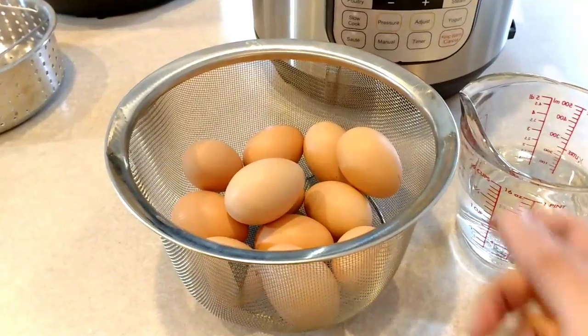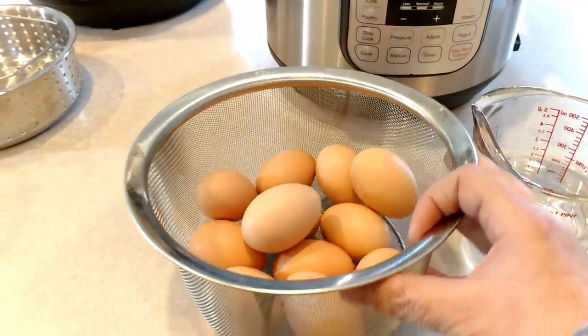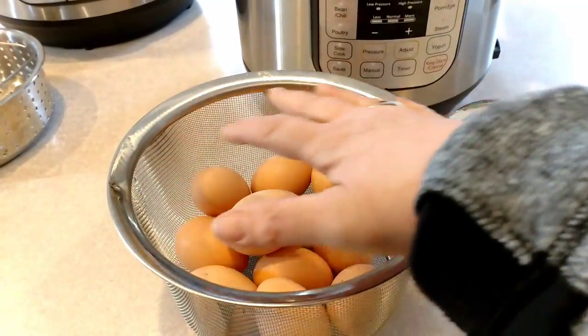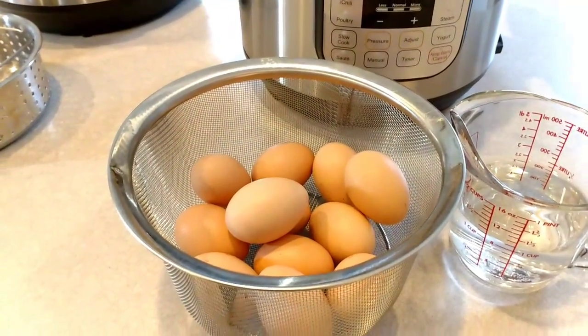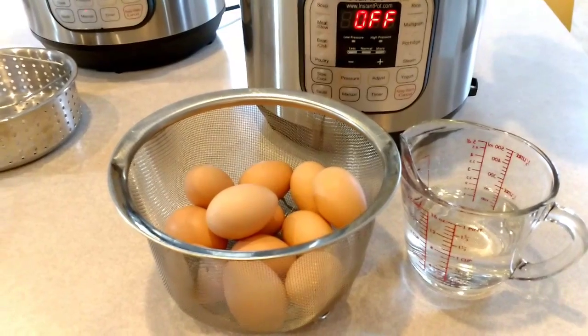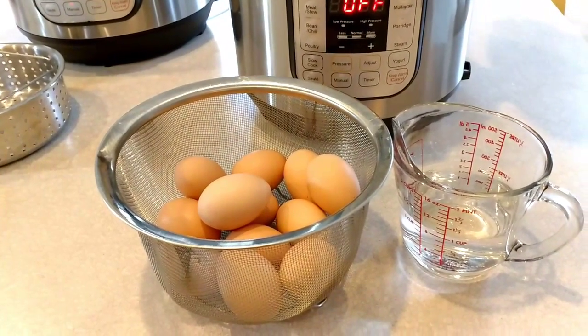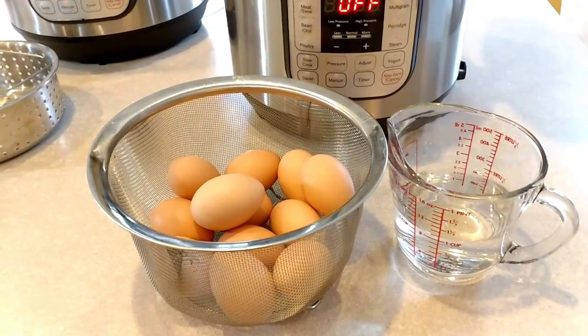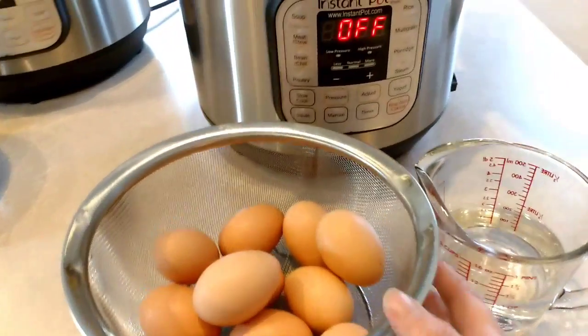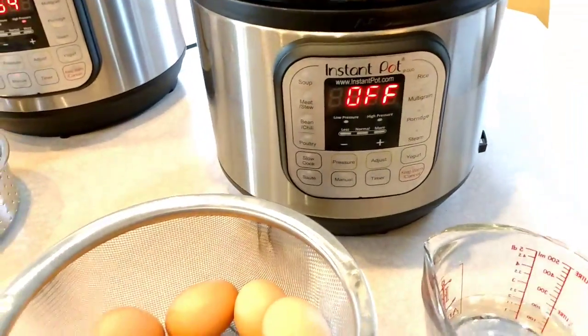So I have a full dozen here, and as you can see, it's only filling the basket up about halfway, so you could just put a ton of eggs in here and really make a lot to last you for snacks and, of course, deviled eggs and all kinds of stuff. So the first thing that I do when I go to do this, after I put my eggs in